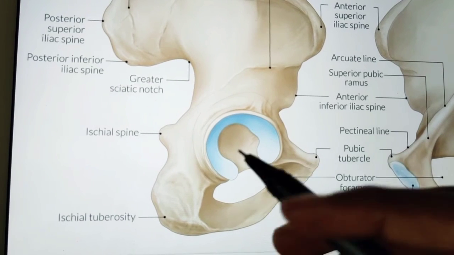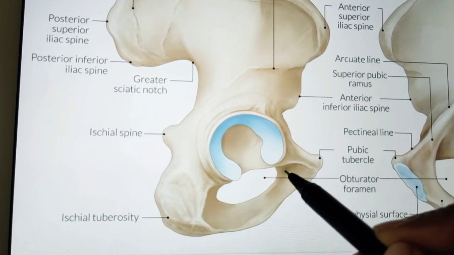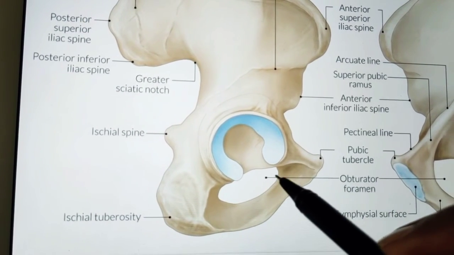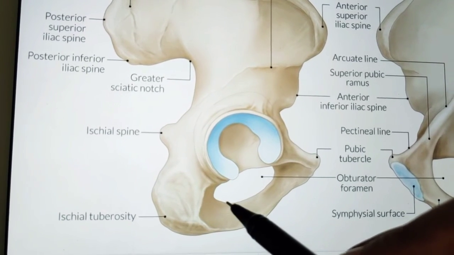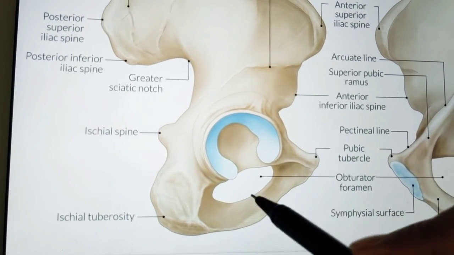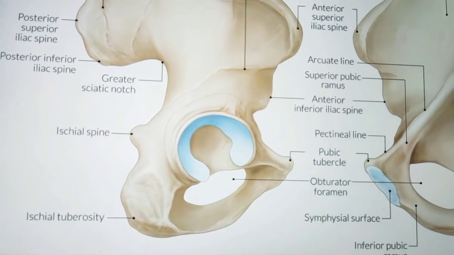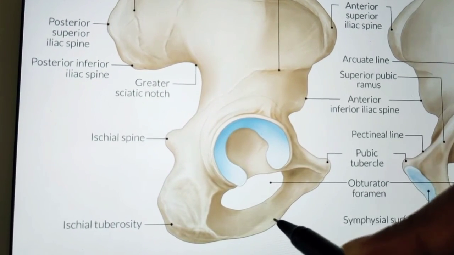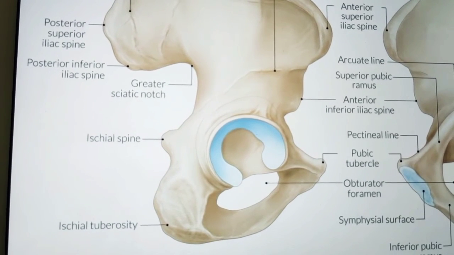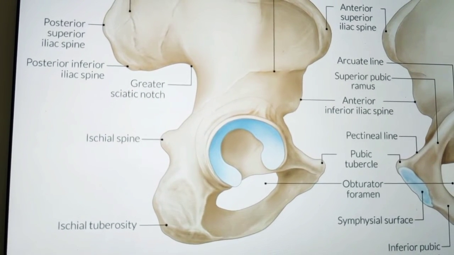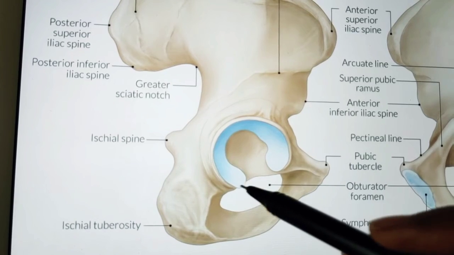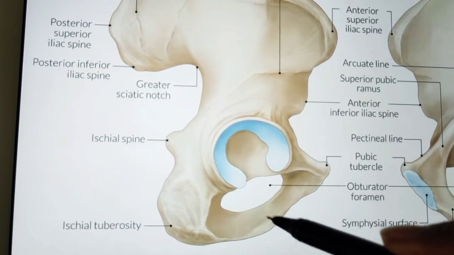Next, coming to pelvic surface, this one is pelvic surface. You can see this is smooth and forms a part of the lateral wall of true pelvis. Next, coming to conjoint ischiopubic rami. So this one will be conjoint ischiopubic rami. If you see from inner side, it would be like this. If you see from outer side, that is at the side of acetabulum, it will be like this.